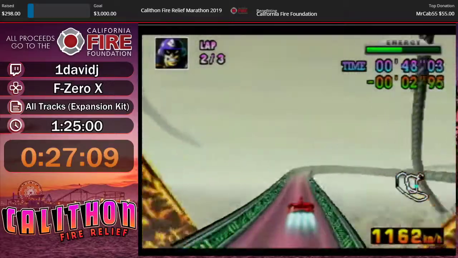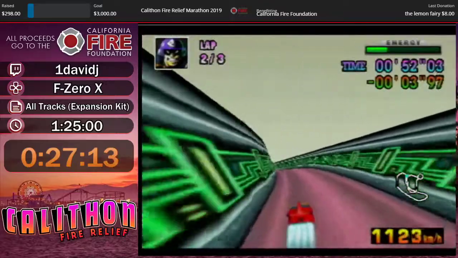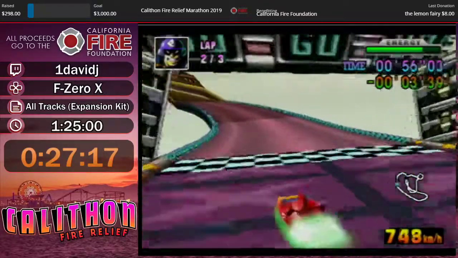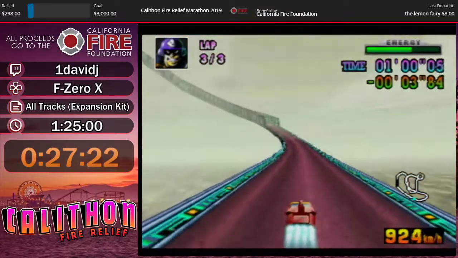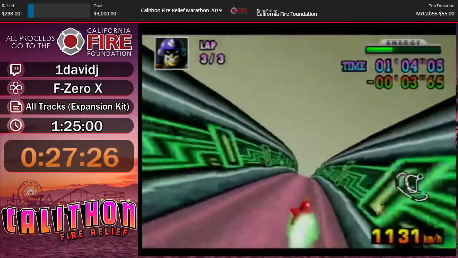Yeah, so that was that. Pretty cool skip. You can land it with more speed, but it's pretty tough to land because you're doing such a sharp turn in the air, and then you hit the ground and have to start turning the other direction, so...